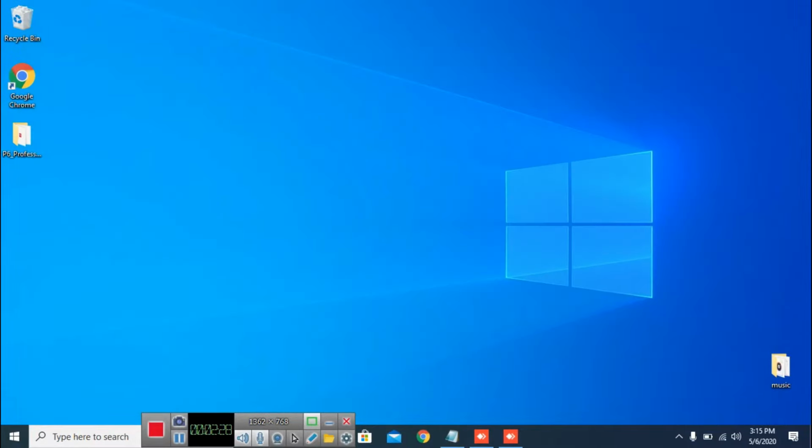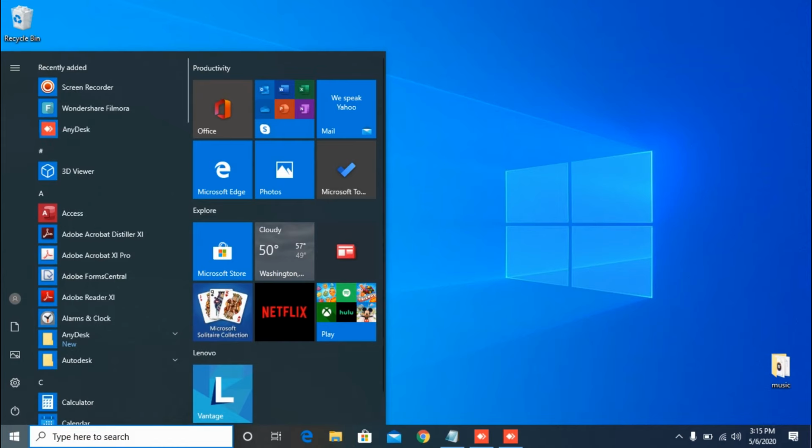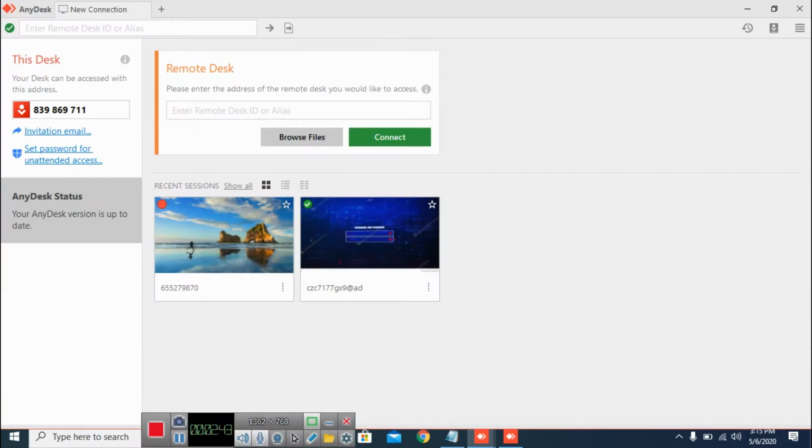Okay, in the same way I did the AnyDesk installation on my friend's computer, and we can connect to that computer from this PC. Now we have the AnyDesk application. We can open AnyDesk here. This is my AnyDesk ID. In this remote section, you can enter your office AnyDesk ID or your home AnyDesk ID or your friend's AnyDesk ID.